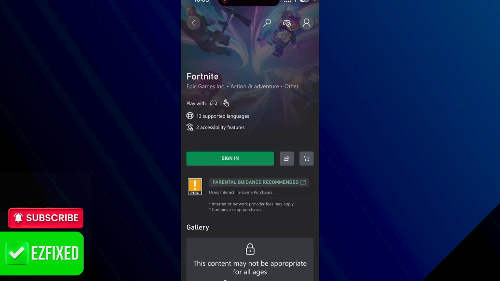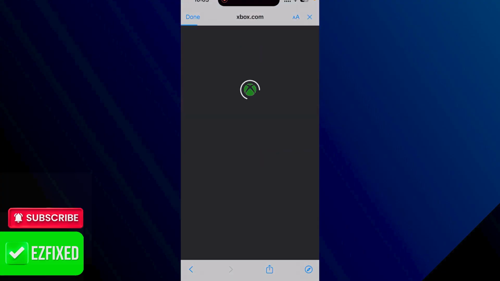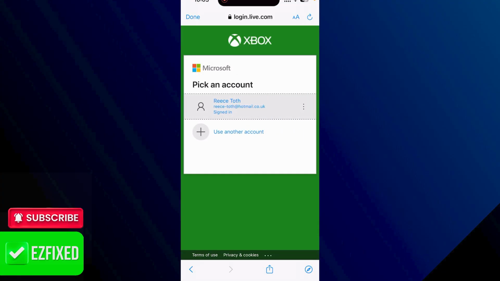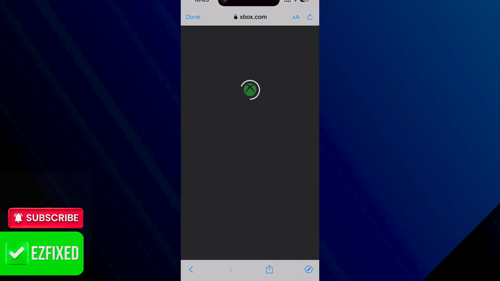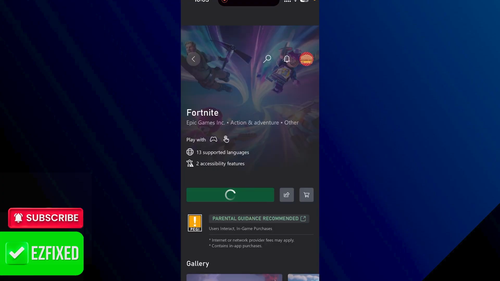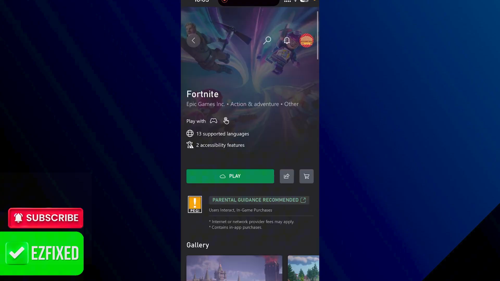Click on the Fortnite game, and this time we'll have this new button to sign in. Go ahead and select that, and from here you'll need to sign in with your Microsoft account. This can be just a standard Outlook account or an Xbox account. So once you've signed in with your Microsoft account, once again we're going to head over to Fortnite, and then